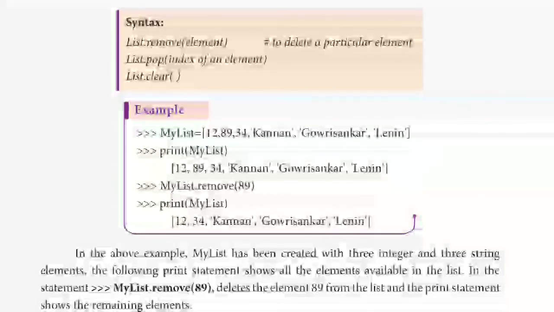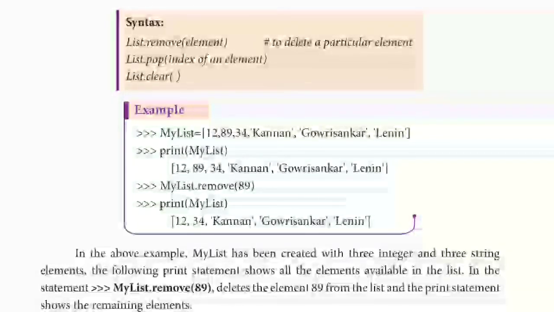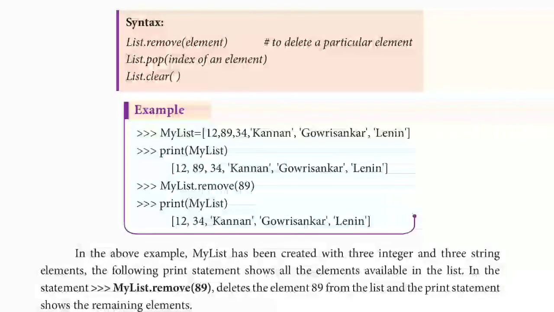So here there is an example, my list. It consists of 12, 80, 89, 34, Kannan, Gauri Shankar and Lenin. So these are all the elements of my list. In that, print my list will print all the elements in the list. My list dot remove 89. 89 is an element in the list which is at the first index value.